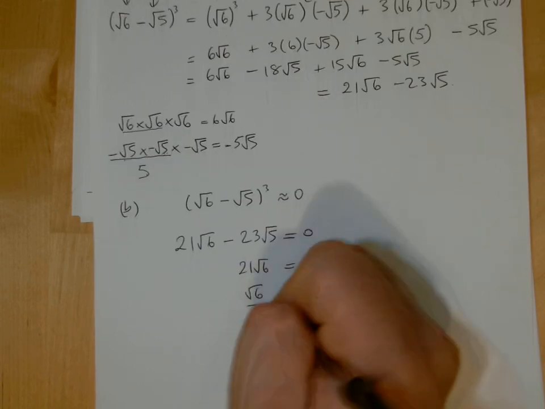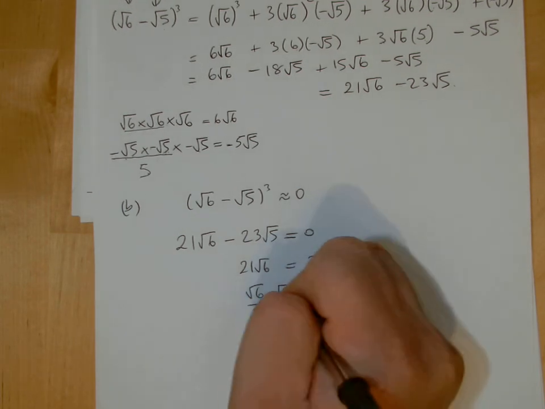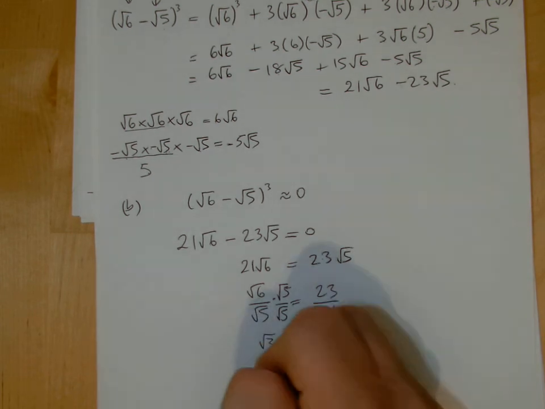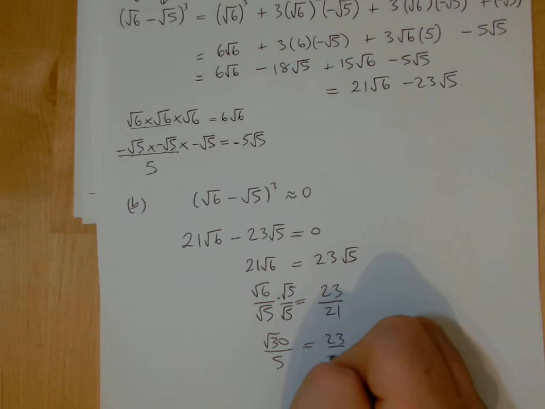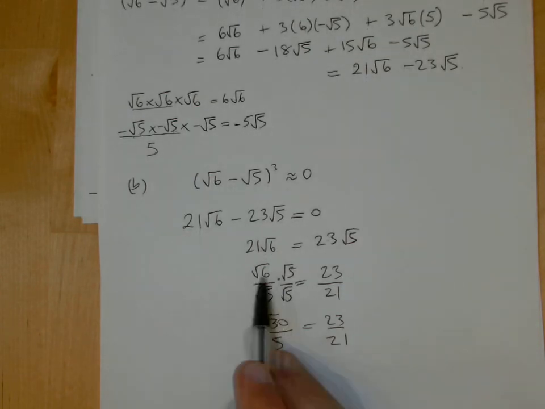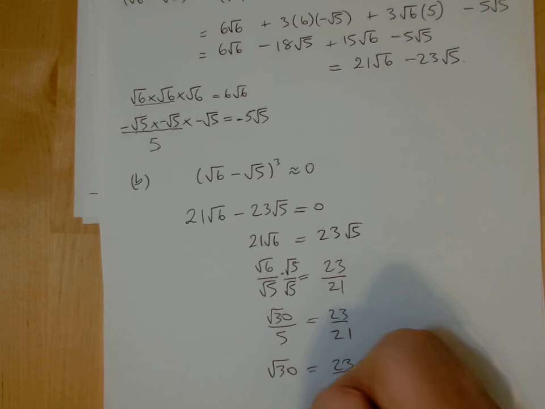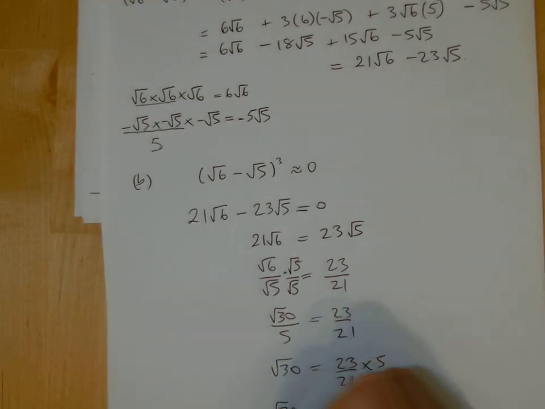Now what you can do is multiply top and bottom by root 5, yeah, just rationalise it. And if you do that, you get root 30 on the top there. On the bottom, you just get 5, don't you? Okay, so then all you've got to do is, because you get root 30 there, 5 on the bottom, take the 5 up. Because you divide it by 5, take it up in times. And then you get,